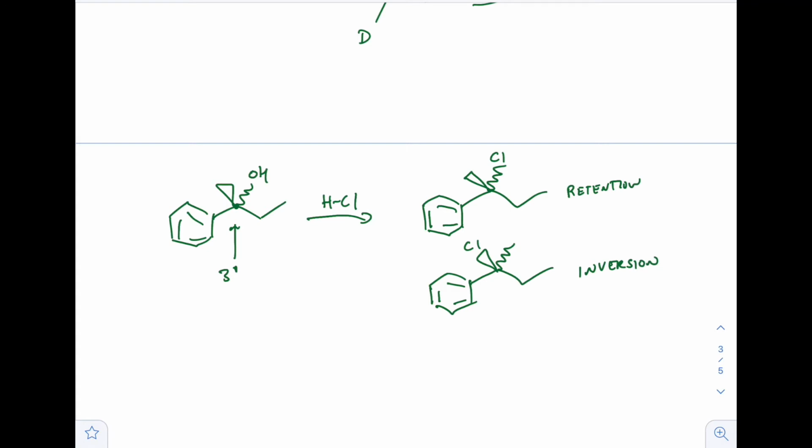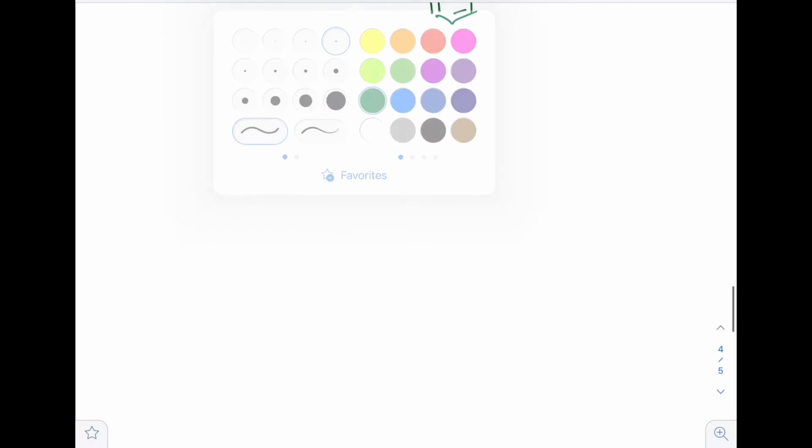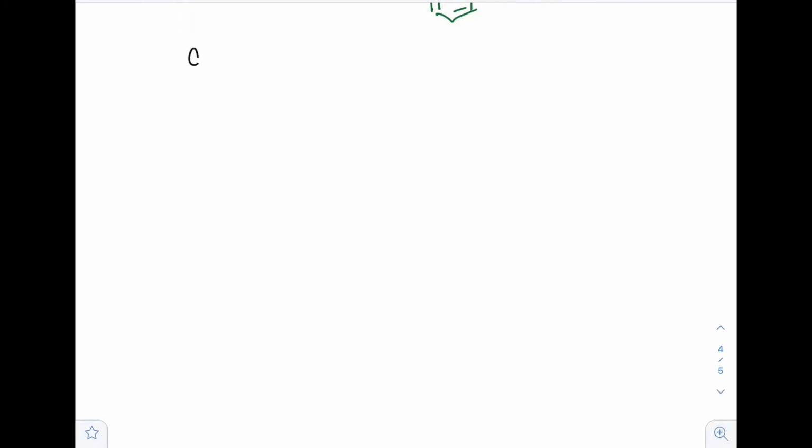not on the dash now, but on the wedge. Okay, the top is retention of stereochemistry because the chlorine is in the same position as the original OH, and then inversion is when it's no longer on the dash position but on a wedge. Okay, so